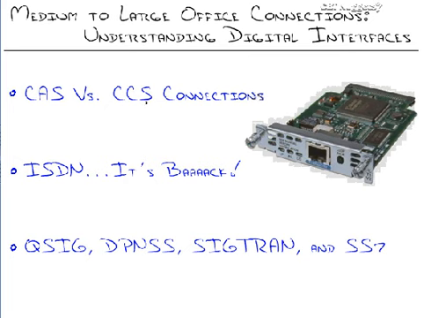CCS is using the dedicated signaling channel, and you have some advantages of that, being that we have our ISDN signaling. You know, my ISDN, it's back. You can use that. But we also have the whole gamut of signaling protocols down here that we can use on top of that. Each one of these signaling protocols fits its own specific niche. QSIG being the most popular one, integrating with PBXs and allowing our Cisco router to communicate features with the PBX. DPNSS for British Telecom PBXs. SIGTRAN to communicate SS7 over a voice over IP network. And SS7 being the protocol that's used